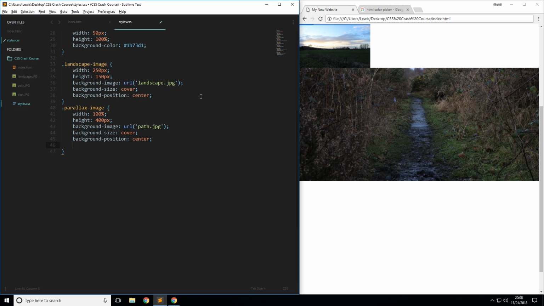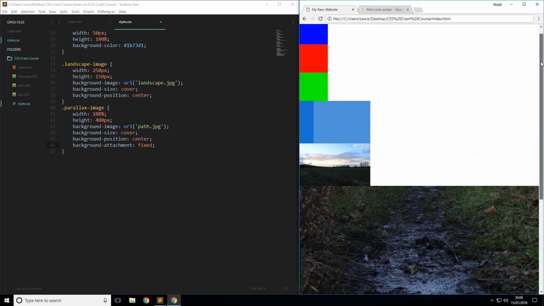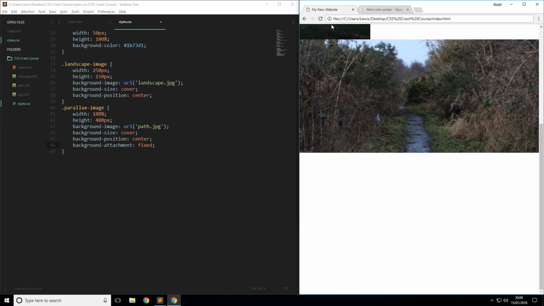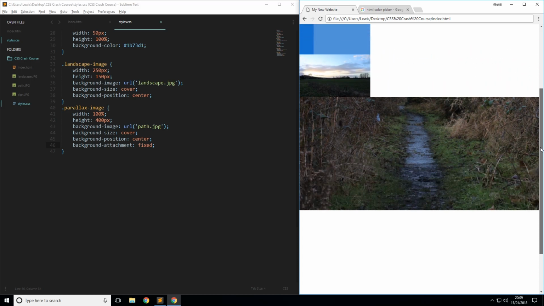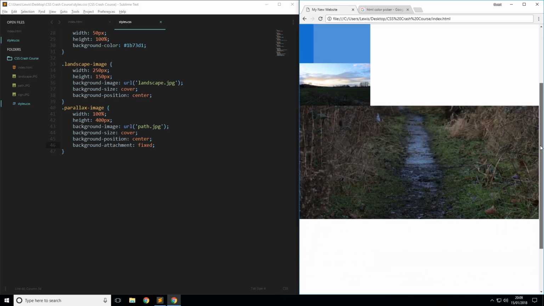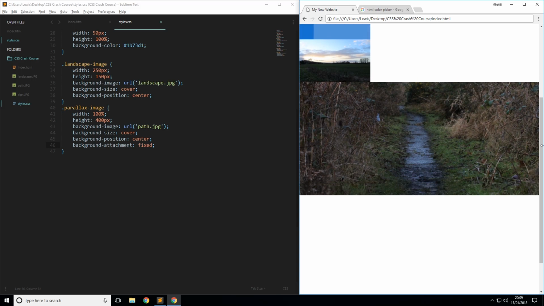So we're going to press enter here, and we're going to add another attribute called background-attachment. And with background-attachment, we can give it a value of fixed. Remember, end it with a semicolon. Save this, refresh, and you see the image is going to zoom in slightly, because now what happens when we scroll is it's basically 100% of the width and the height of the browser. And so this is acting as a viewport now, really, this div. We're looking into that image, and the image is fixed to the background. So as you scroll, you can see that that stays exactly where it is,